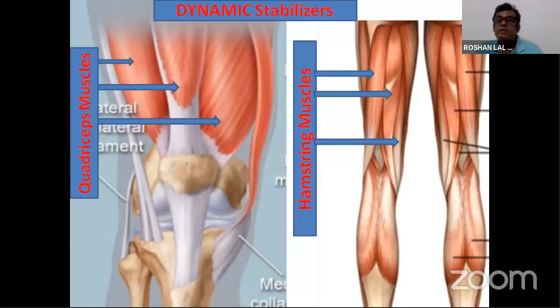The dynamic stabilizers are basically the muscles. Muscles are also known as the drivers of the joint. When they contract, movement is produced at the joint. And these dynamic stabilizers or muscles make the joint stable and